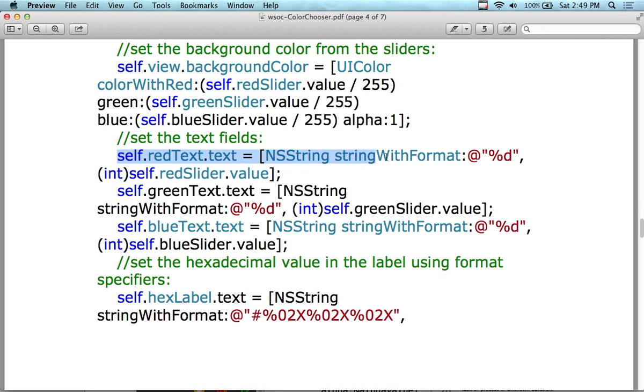So this should look awfully familiar to you. Actually, this is what we did before. But this is the cast here from an integer value. This is interesting, a C cast. But let me talk about the text here. So this is what we did this morning, actually. So self is ourselves. Technically, we should use self. I wasn't using self this morning. But self is like this in Java. It's this object. So self dot, or you can leave self out, dot red text dot text is equal to,